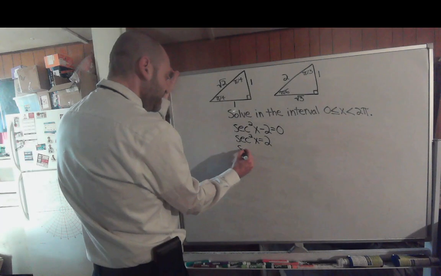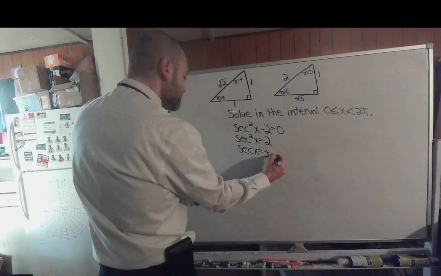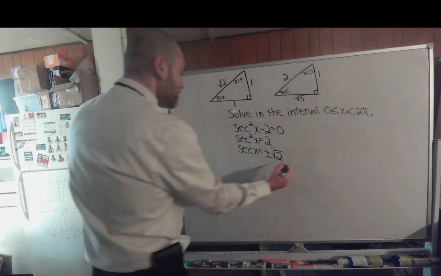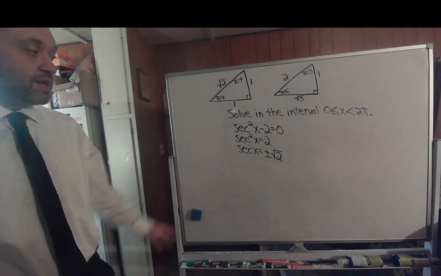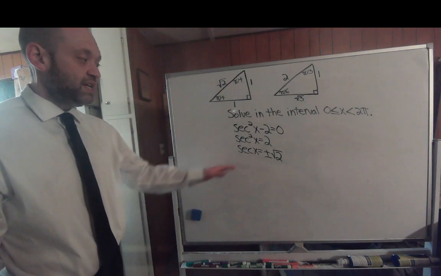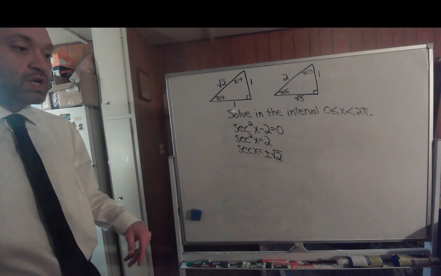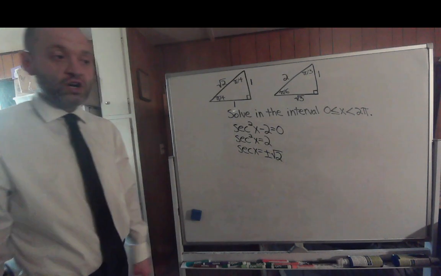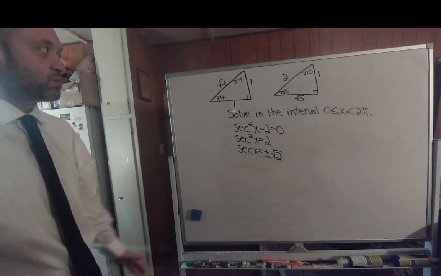So then the secant of x would equal both plus and minus the square root of 2. Alright, so we have to figure out in this interval from 0 to 2 pi, where do you get secants of x that are both plus and minus the square root of 2? This is obviously referring to all 4 quadrants, if you have both plus and minus that square root of 2,